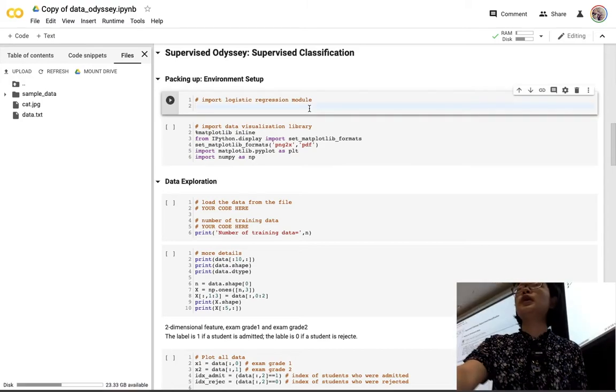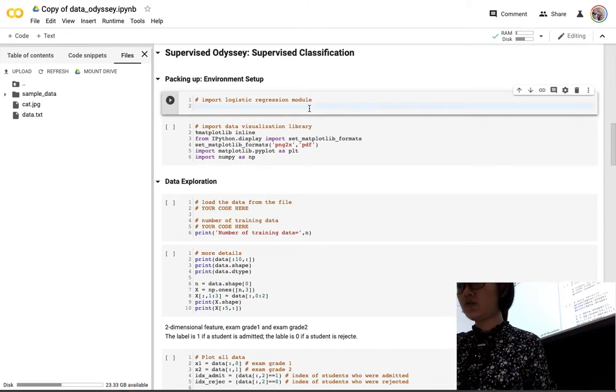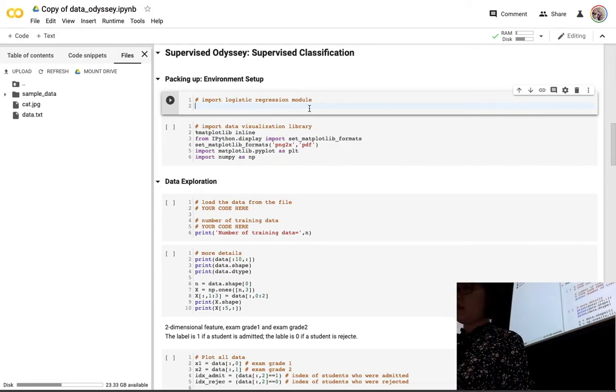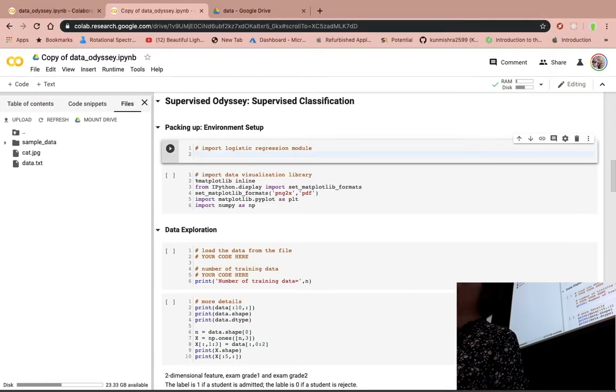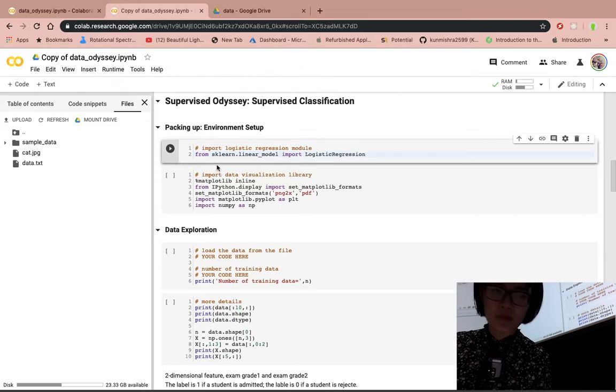Okay, so we will now start coding the supervised classification first. Let's first set up the environment by importing the necessary library from sklearn. You can code with me: from sklearn linear model, import LogisticRegression. Logistic regression is a module in sklearn. And after we import it,